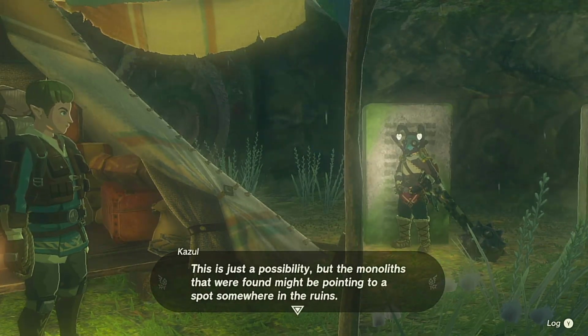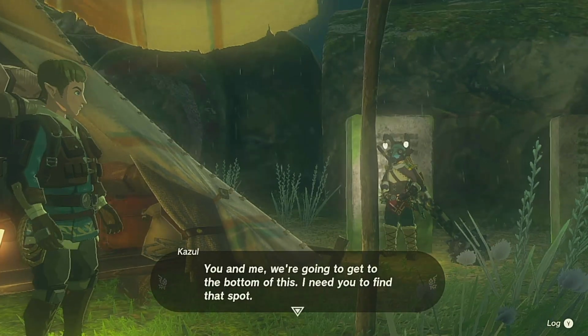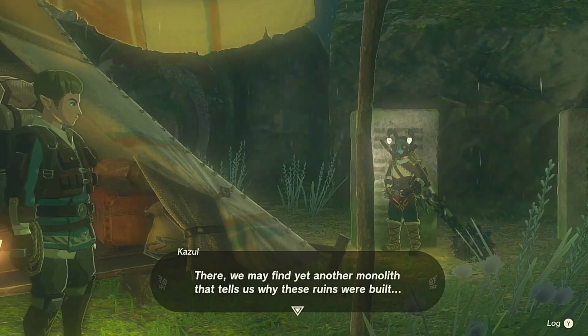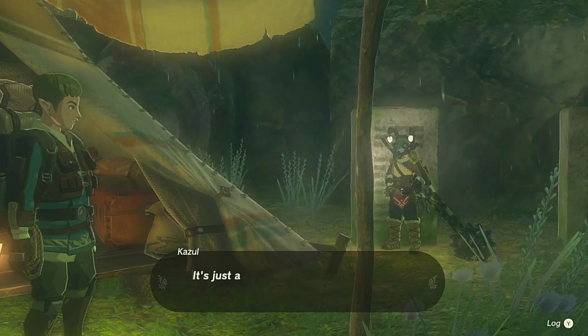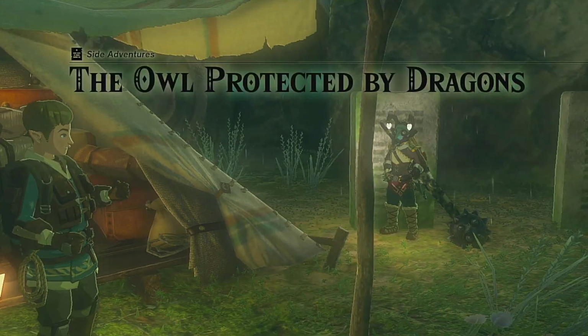This is just a possibility, but the monoliths that were found might be pointing to a spot somewhere in the ruins. You and me, we're going to get to the bottom of this. I need you to find that spot. There we may find yet another monolith that will tell us why these ruins were built. It's just a hunch, but it's also your boss's hunch, so...